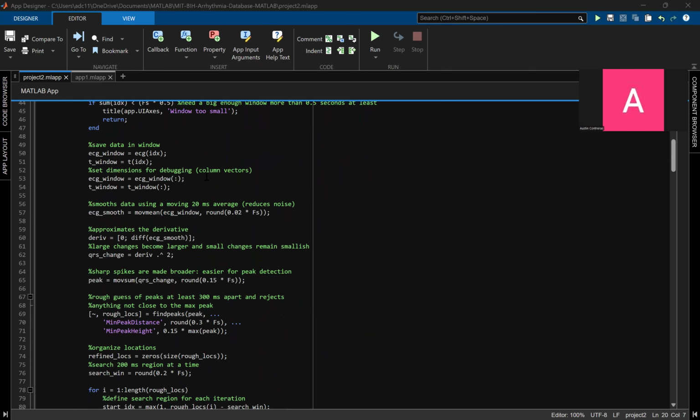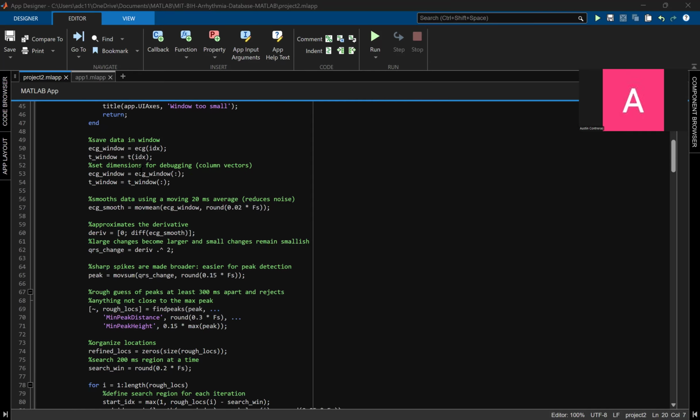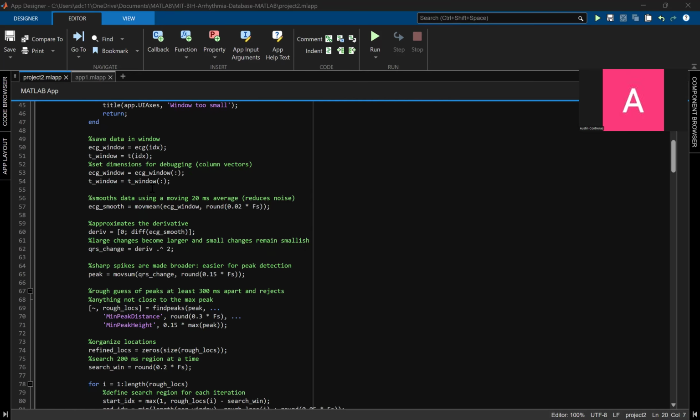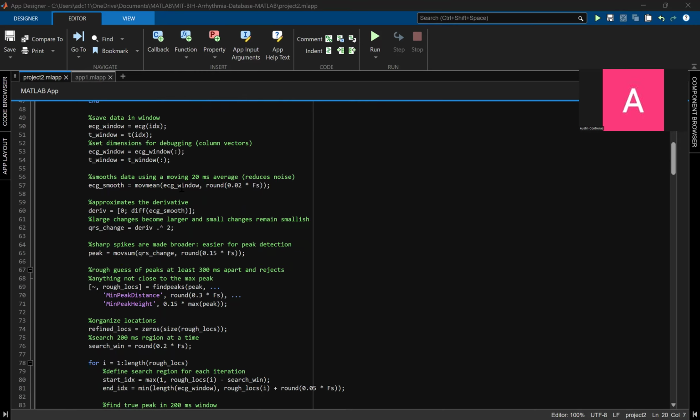I had issues with the array dimensions. The derivative was being calculated as a column vector, but the ECG window and T window were being saved as row vectors or just regular vectors. So then I had to change that using the columns. And then that's just a smoothing filter,